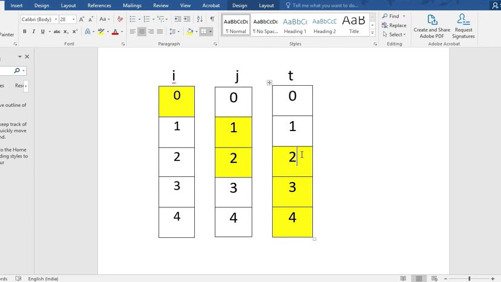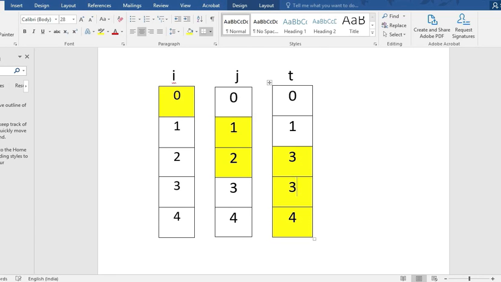Here we have found a duplicate element. So I shall assign this array position with the next position. I am assigning the second position with the third position.